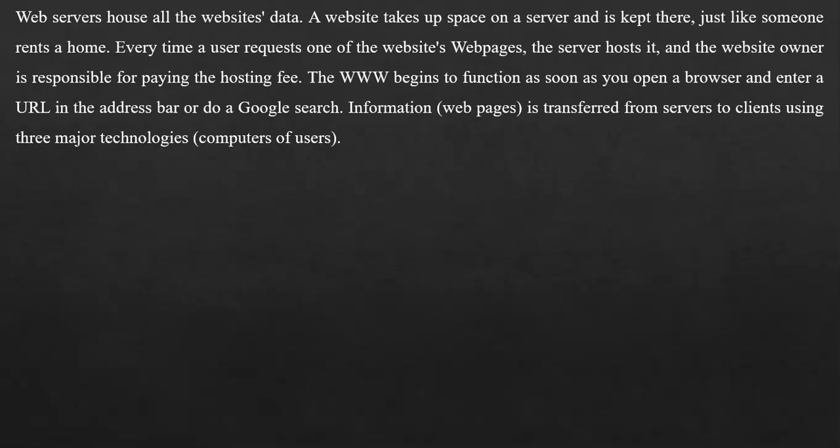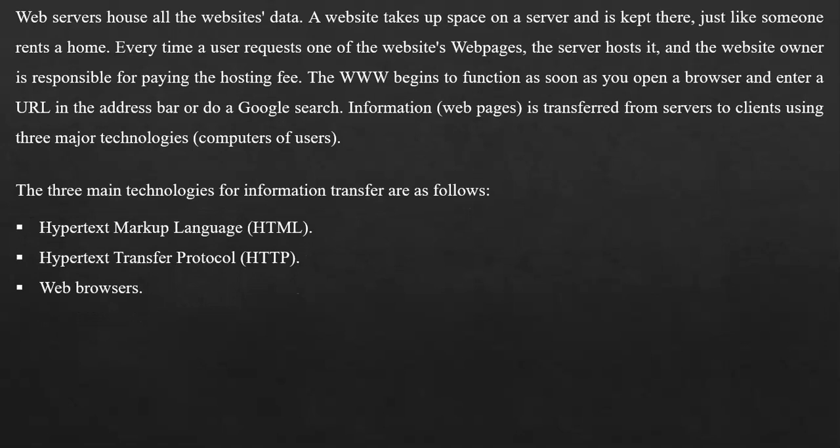The www begins to function as soon as you open a browser and enter a URL in the address bar or do a Google search. Information is transferred from server to clients using three major technologies. The three main technologies of information transfer are as follows: hypertext markup language, hypertext transfer protocol,